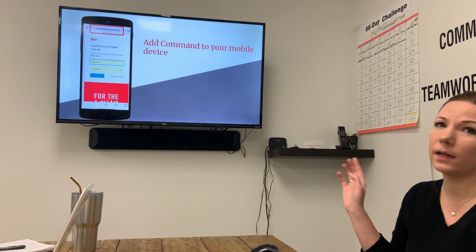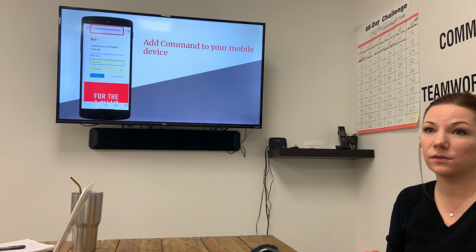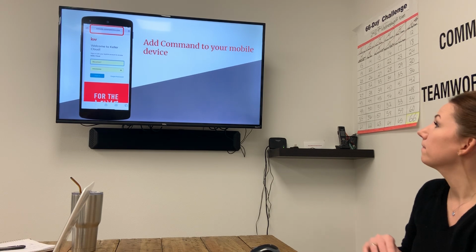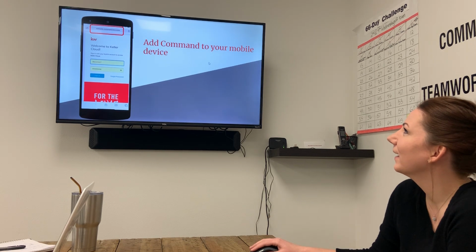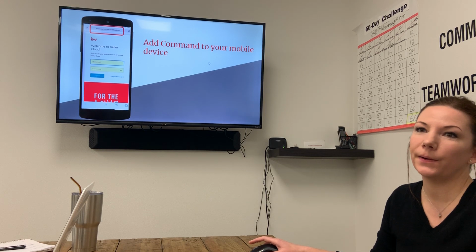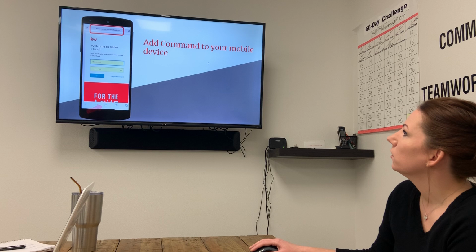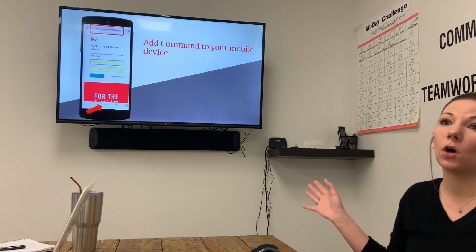I do want to note that I tried this from the Google browser. It does not work. It works just fine through Safari though. Safari, yep. So log in. What's my password? Oh, console.command.kw.com. And you're gonna log in, and then once, you don't even have to log in right now,